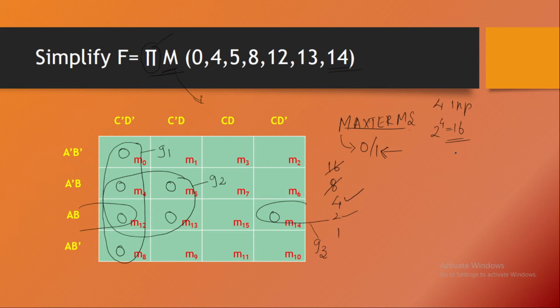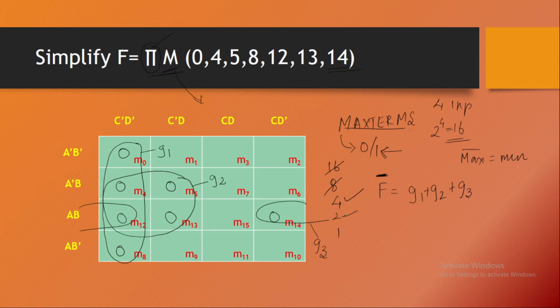It's a very known fact that max terms are complements of min terms. So the complement of max terms are min terms. So the output of these groups we obtain here is actually the function's complement. The F complement is given by G1 plus G2 plus G3. Since we are using max terms, we have F complement here.